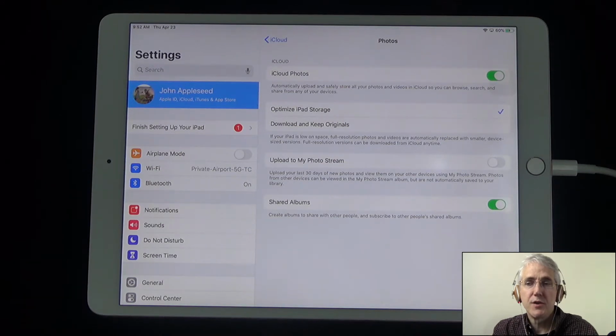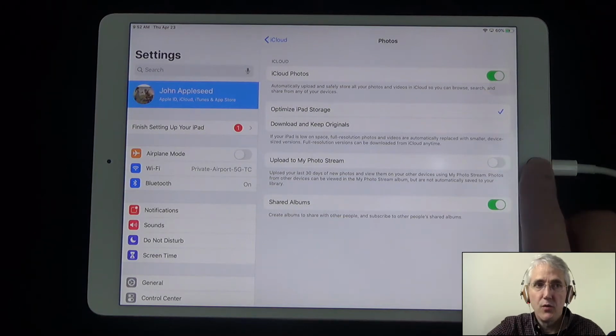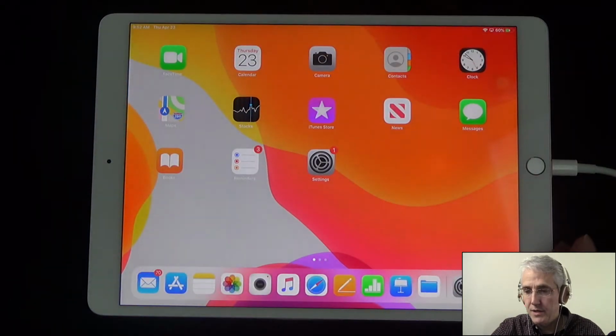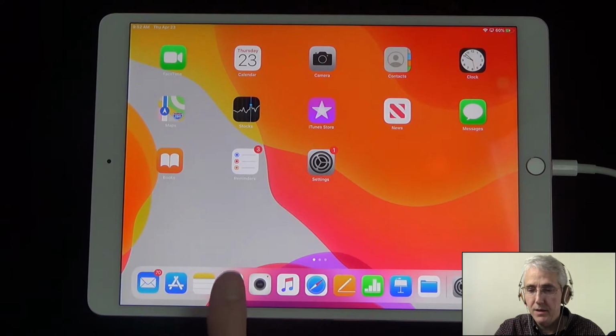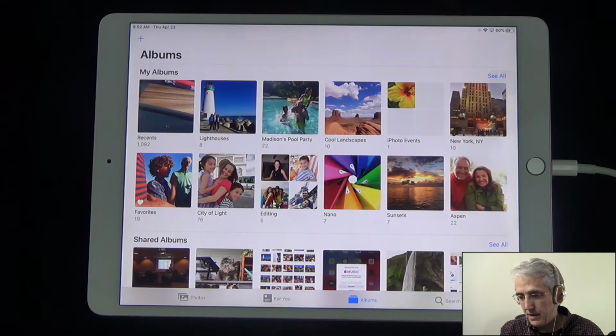And so for certain tasks, you might see a little bit of delay where there's a little spinning wheel where it's retrieving the original full version of the photo for your task. So those are the settings. And so when I go over to the libraries, whether it's on the iPad or on the Mac,